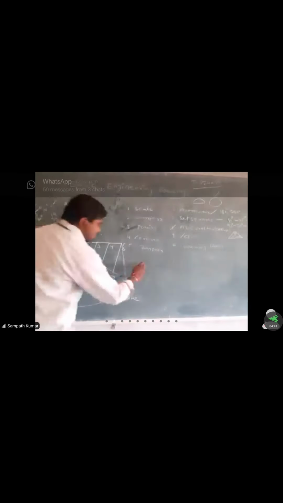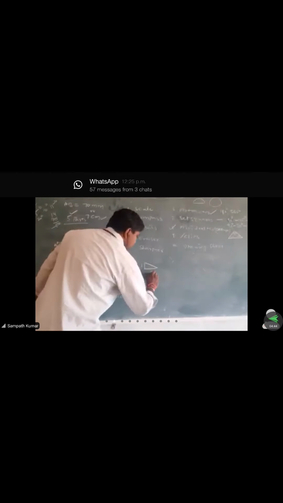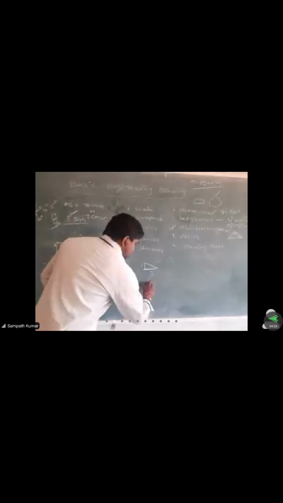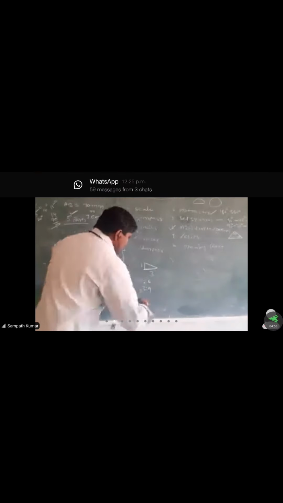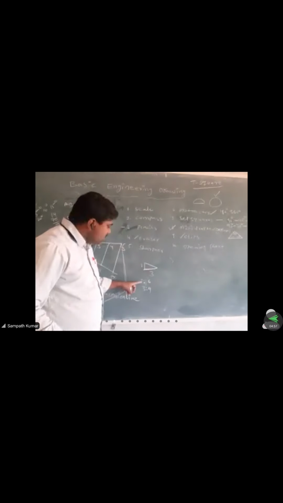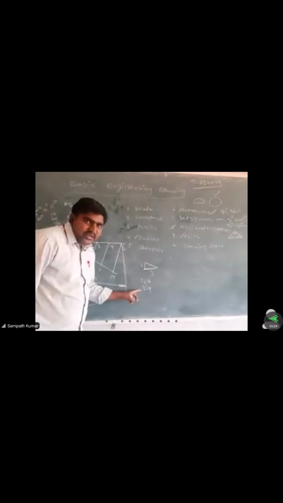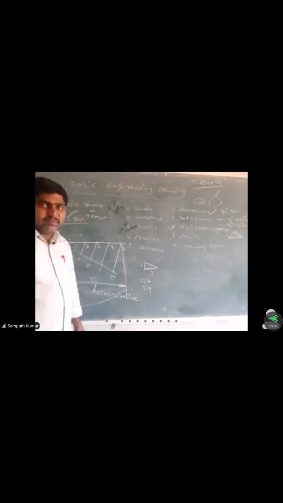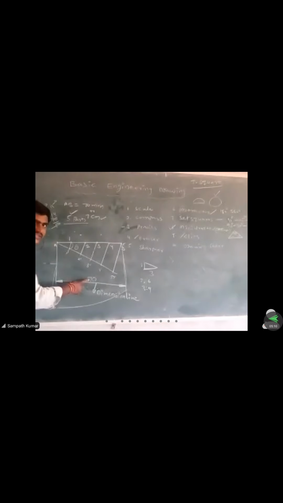The dimensions must be: the vertical line is 1 mm and this inclined line will be 3 mm. 1 is to 3, 2 is to 6, 3 is to 9. If we take the vertical line as 2 mm, then the inclined line will be 6 mm. Next, the vertical line will be 3 mm and the inclined line will be 9 mm. This will be indicated by arrowheads, and the value is exactly above the dimension line and exactly in the middle.